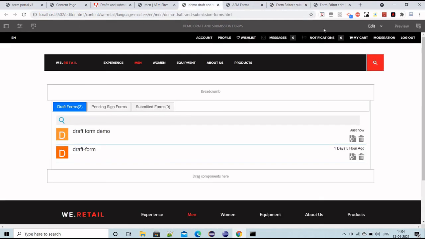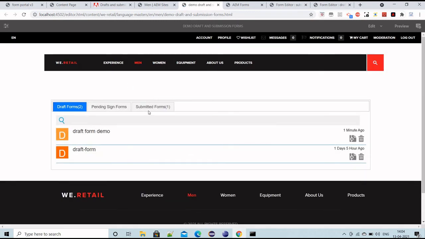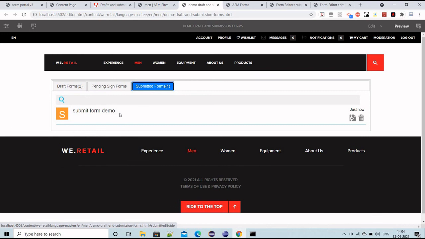Now if we refresh the same page again, maybe I should go to preview mode, we can see the submitted form count has also increased.